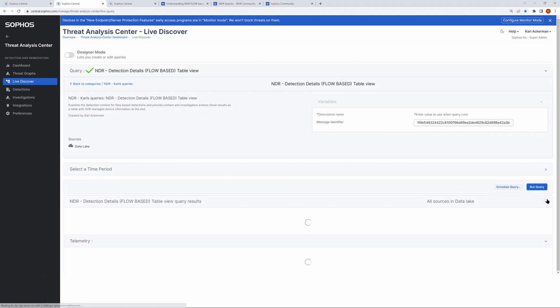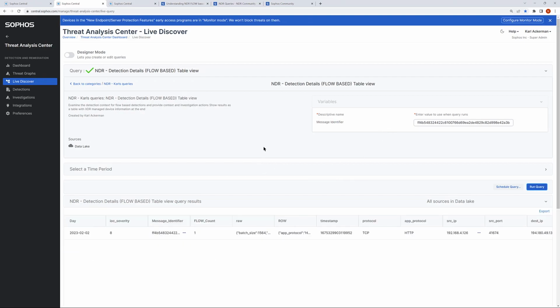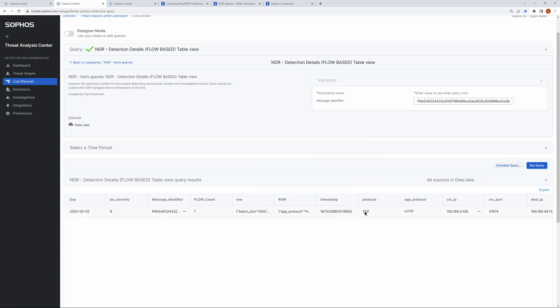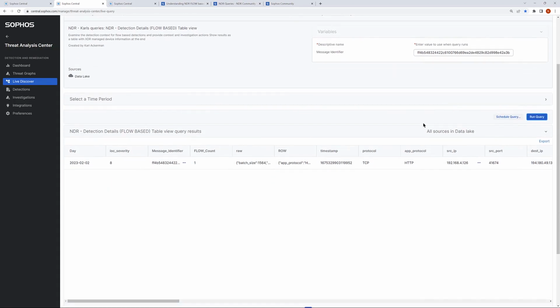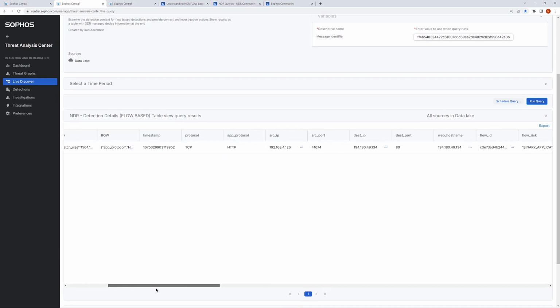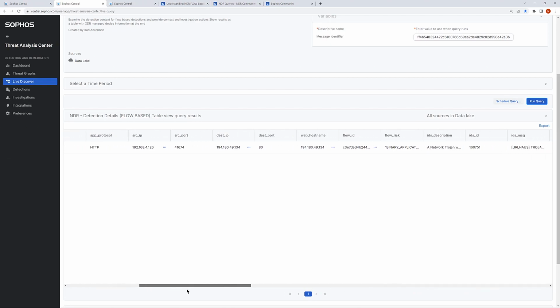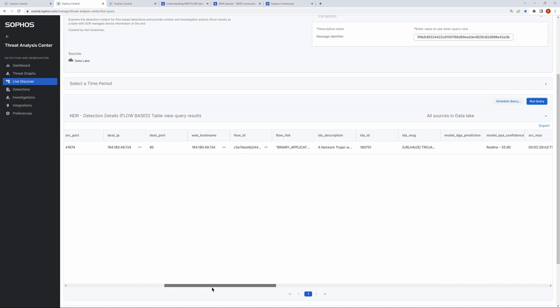In this case, I think we're looking at a detection that had a single communication flow that was being analyzed. It does organize the information better than what we see in the JSON structure, in that we can see we have a timestamp, the protocols, the source IP, destination IP. Scrolling to the right, we can see that other information. The web host name, flow record IDs, which are useful if you're performing additional lookups in the data store, that Trojan classification, the IDS message source,